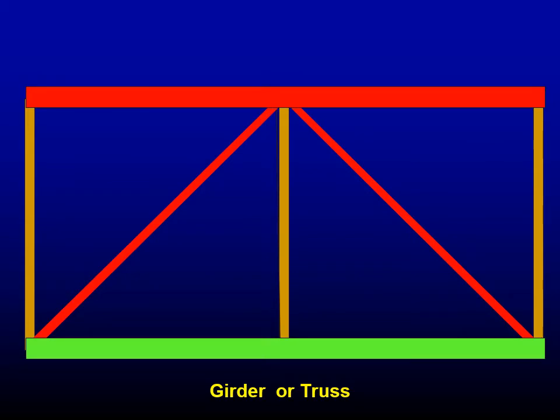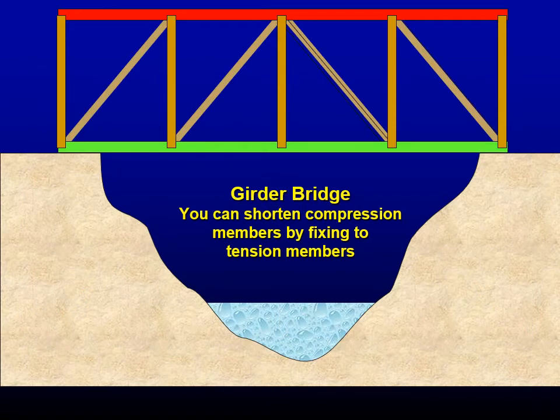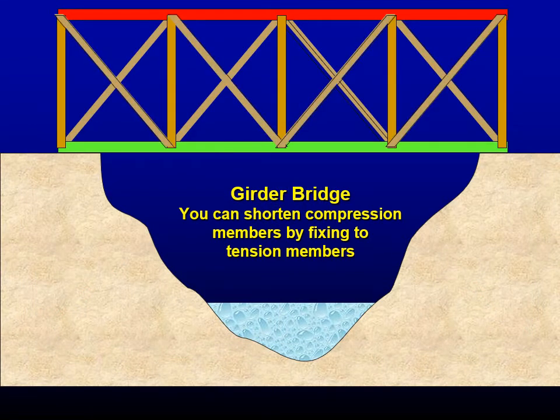Now, if you'd orientated the struts in the other direction, where the bottom is being pulled out, you would agree that they're being put into compression, which now makes them unstable because they're now liable to buckle. So one way of addressing this is to say, well, if we did diagonals in both directions, then we'd effectively shorten the spans and enable the elements that are in compression to withstand much greater forces. And what you're doing here is you're pinning the struts to each other at the midpoint to ensure that you get as short spans as possible between